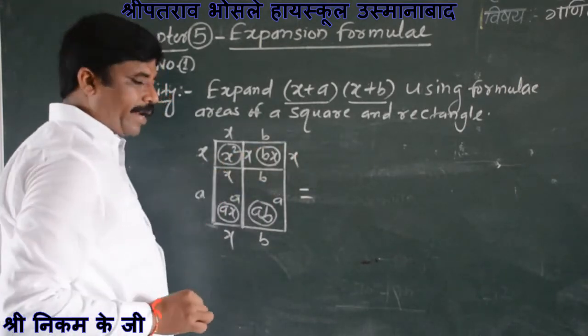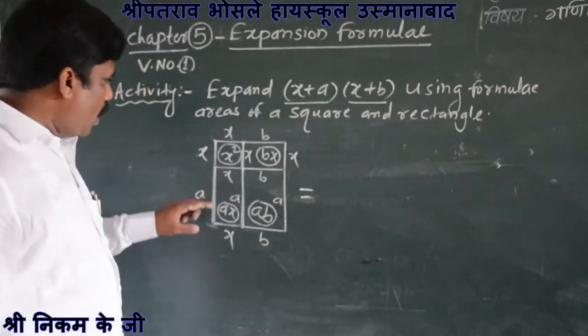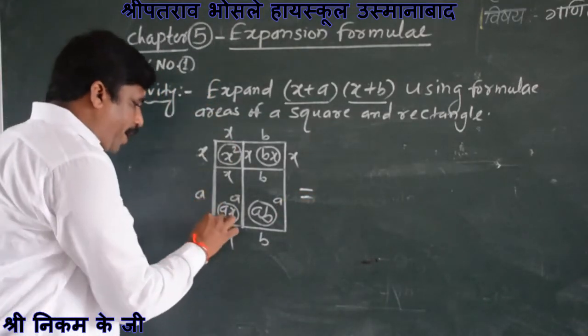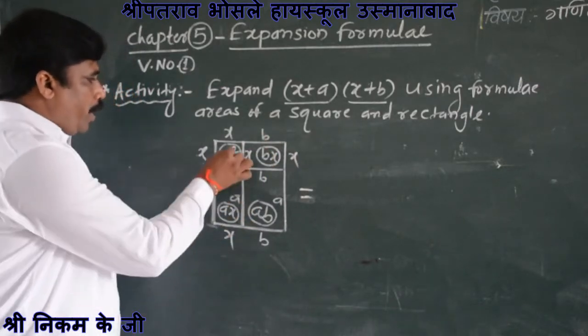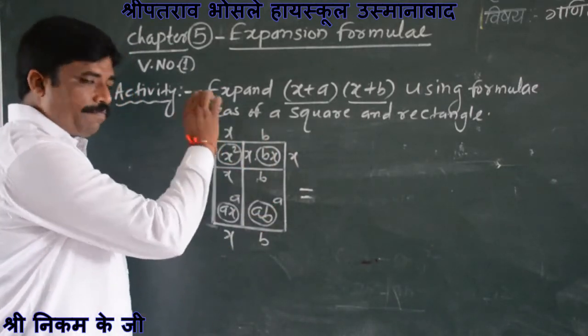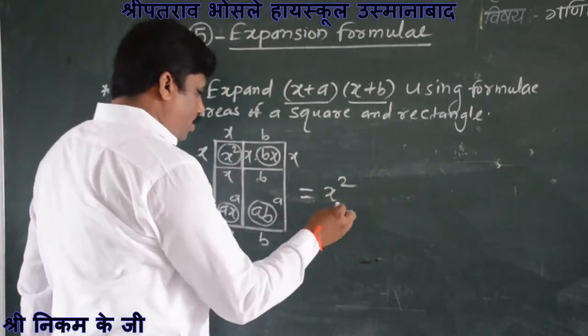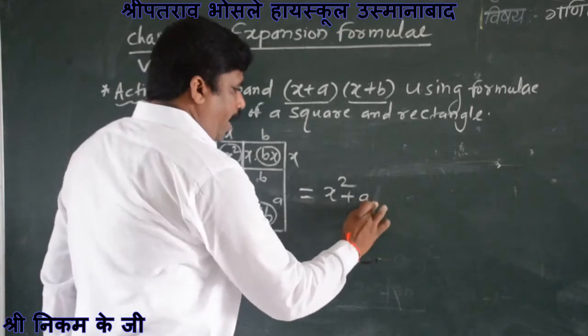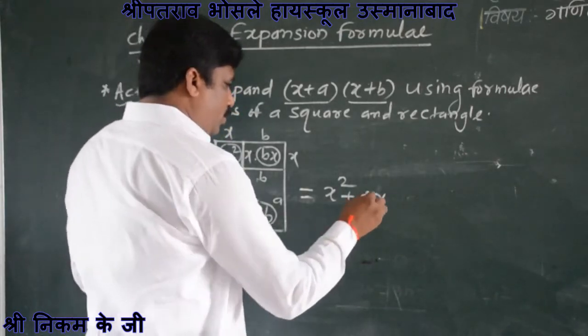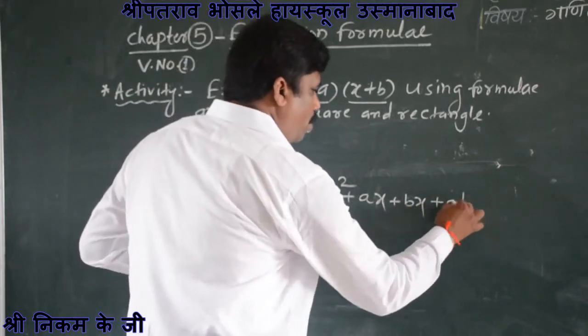The area of the whole rectangle is equal to the area of the square plus the area of the rectangles, that is equal to x square plus ax plus bx plus ab,